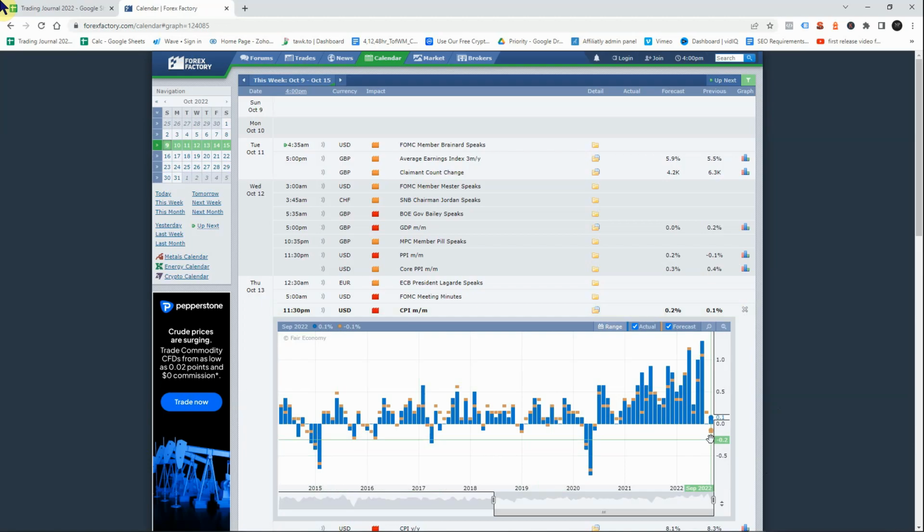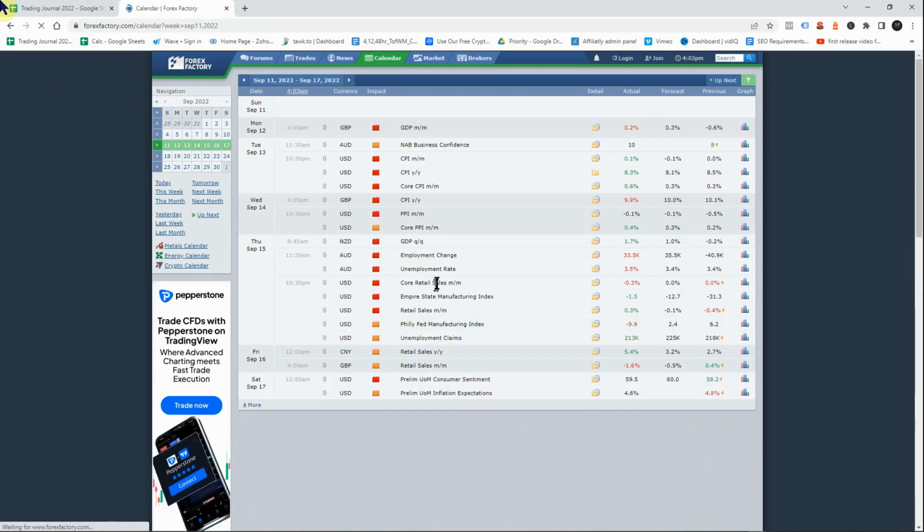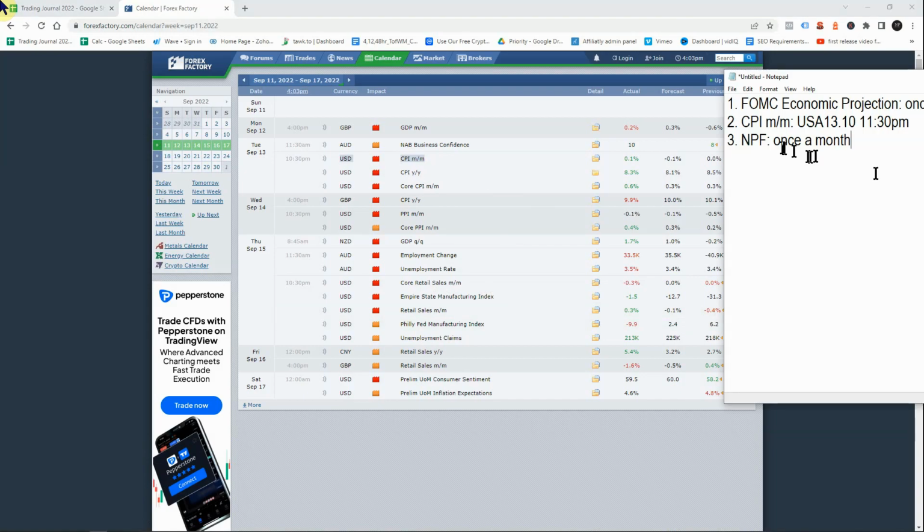What does it mean? It means that if you go back to that date on the calendar for the dollar index, you will see some magic. Okay, let's go back to that date, September. When was the CPI? Quickly you can do this one. This is the one, September 13th. September 13th is the CPI for the United States dollar. That's what I said, and that happened on 13th of September.